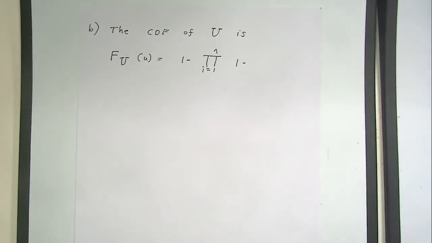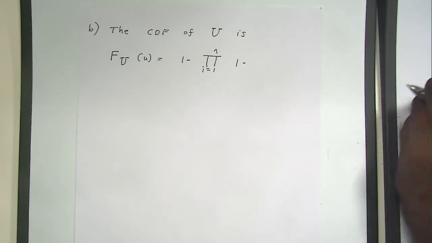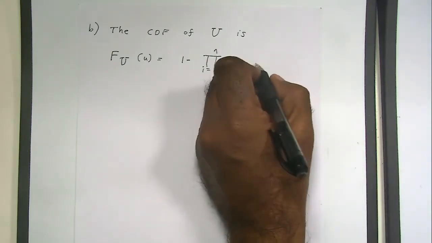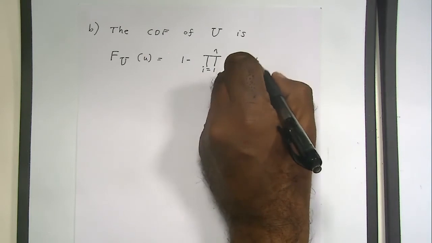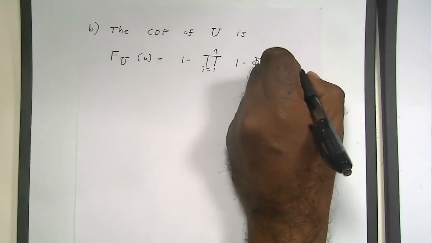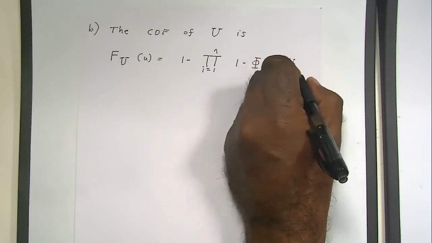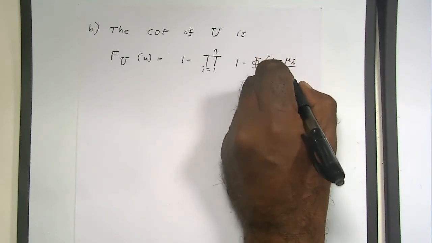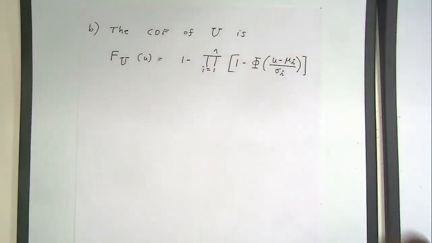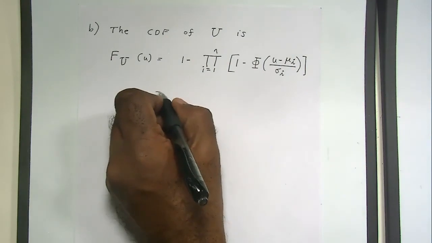Or you forgot already? What's the formula I gave you for the CDF of U? 1 minus, okay, there we go. So it's going to be phi of (u minus mu_i) divided by sigma_i. Okay, this is the formula I gave you. Now this you can actually simplify to